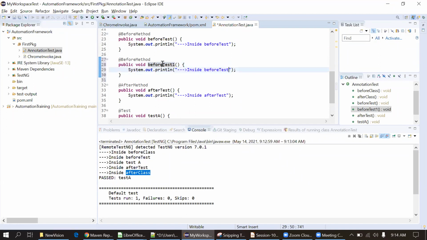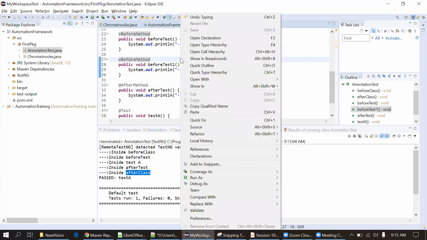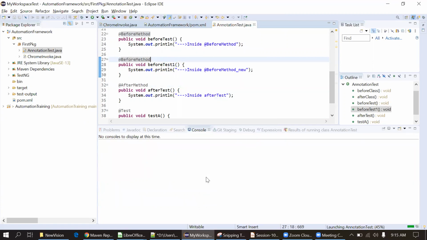I'll first correct the naming convention. Okay, and now I'll execute this code. But this is not recommended actually. There should be only one before method or only one after method.